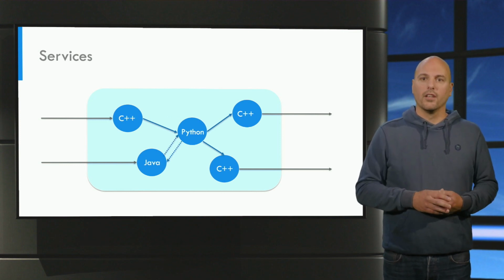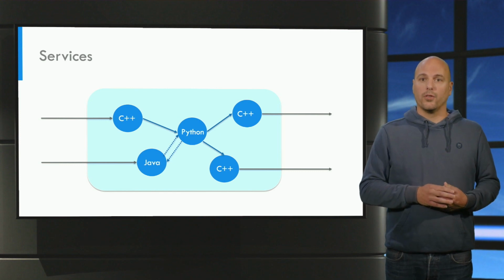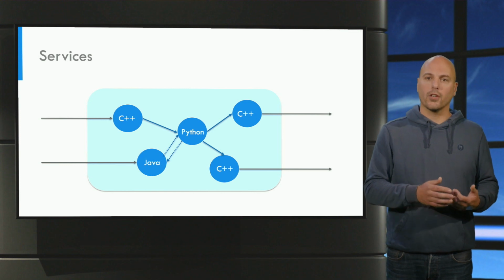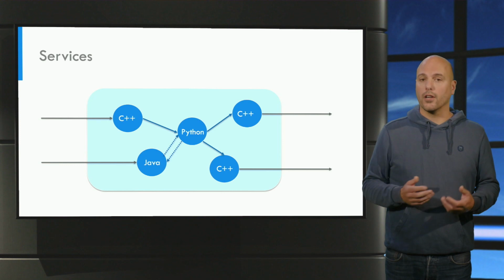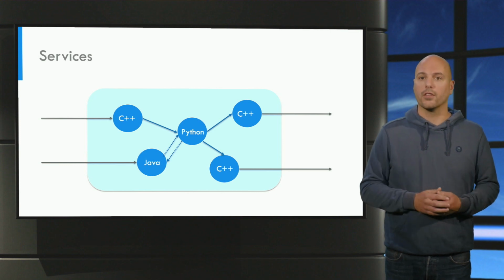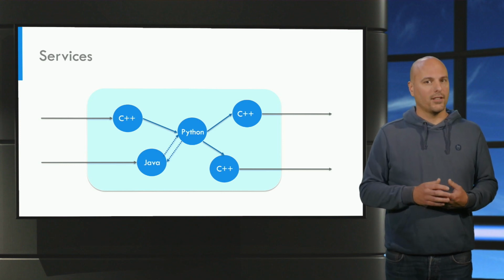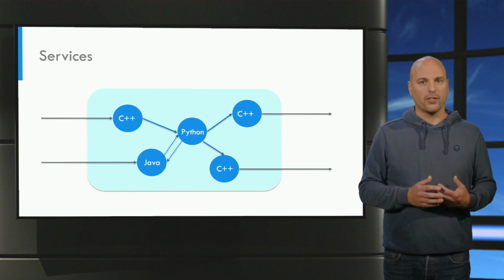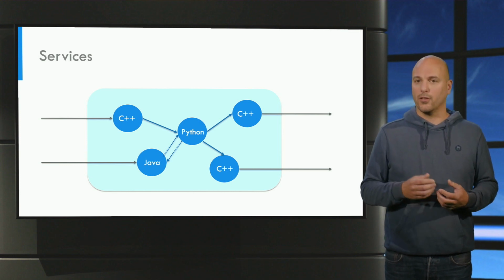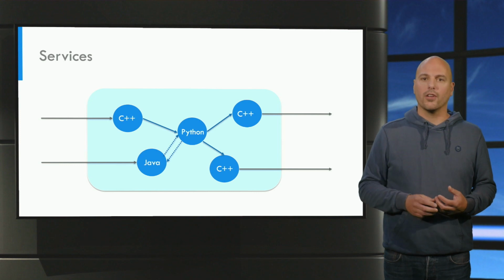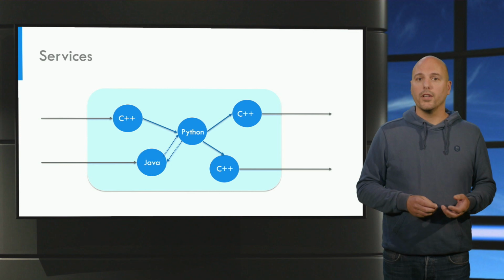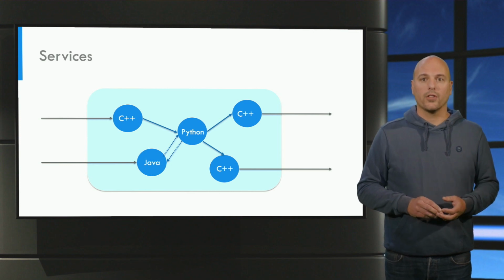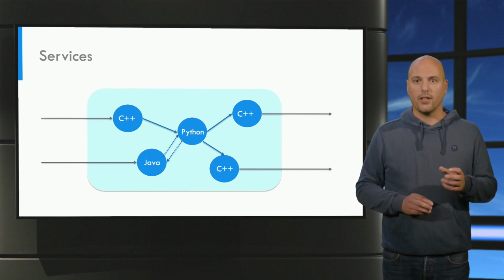You can imagine that it might also be useful to have bidirectional communication between nodes. These are called services. With these services, you can actually call a function in another process and wait for its return value. The downside is that this is blocking. So as long as a node serving the service is still processing, the client node is not able to do anything else. You therefore should only use this when you know the server node will not take too much processing power.